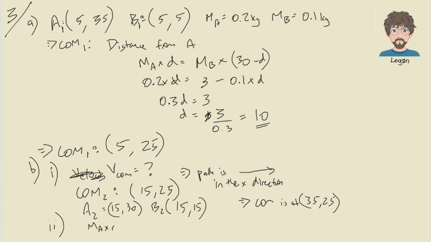MA times D equals MB times its distance from that. We know that B is at 10 and that the centre of mass is at 25, so that's 15. So mass A here is 0.2. 0.2 times D equals 0.1 times 15. D equals